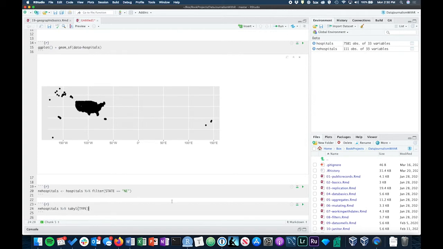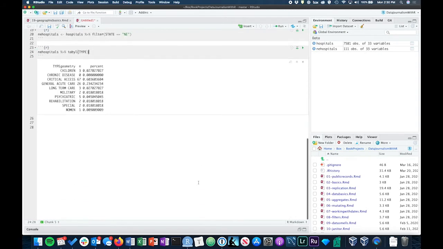So let's look at this table of types. And these are just Nebraska hospitals. So in Nebraska, there are 3 children's hospitals. There are no chronic disease hospitals. There's 67 critical access facilities, 26 general acute care facilities, 3 long-term, 2 military, 5 psychiatric, 2 rehab, 2 special,